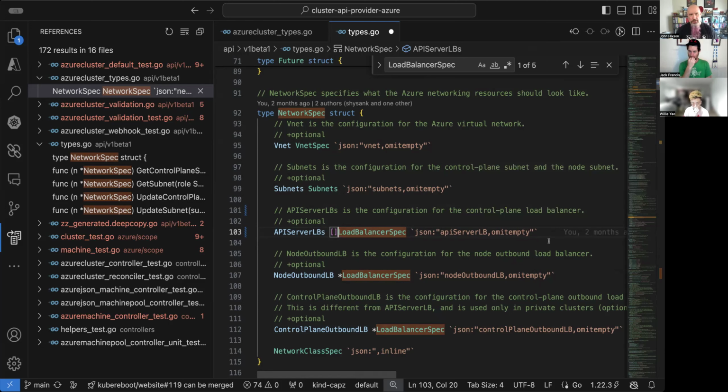So the approach that I took, that I have in a branch, the work isn't complete, but I made an additional field called API server load balancers, and I kept that field for backward compatibility, and I tricked all of the getter methods to just go for: if the size of the array is a single load balancer, then it will return that. Yep, got it. That would work. I mean, you're signing up for maintaining that kind of gnarly code that's a little bit non-ideal. But that sounds sensible.